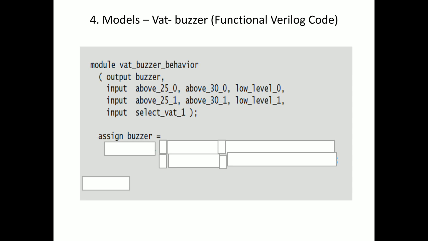A multiplexer has two inputs here and one select line. We need to use select bar AND in 0, OR select AND in 1. This is the Boolean function, but we can use a Verilog operator called the conditional operator. If select is 0, select the first input. If select is 1, go for the second input. So we'll use one of Verilog's operators, the conditional operator, to describe this.